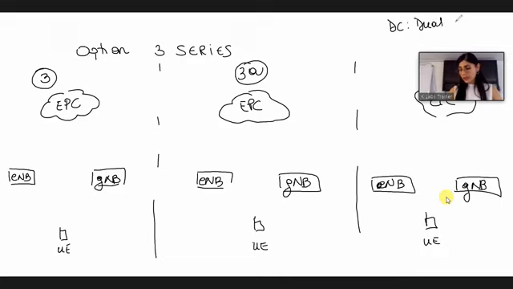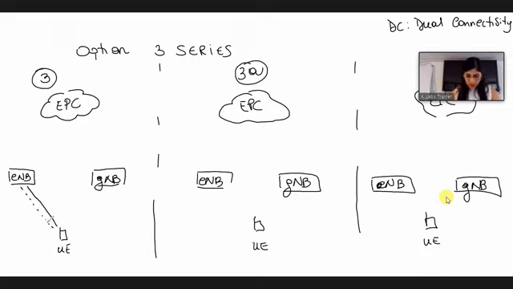Dual connectivity is the capability of our user equipment to communicate with both the 4G network and the 5G network. The user equipment can communicate with the eNodeB to exchange both user plane and control plane information.